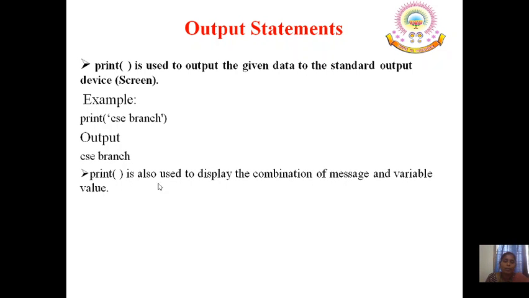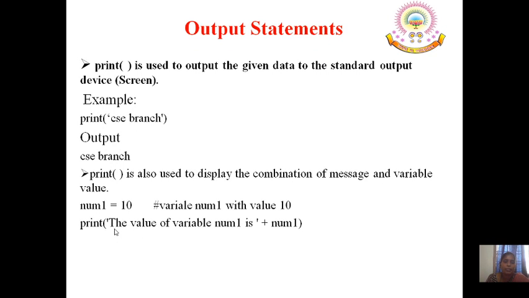And print is also used to display the combination of message and the variable value. So let us suppose num1 is a variable which is holding the value 10, and now you are printing the message: the value of the variable num1 is plus num1. If you recollect, in C language we also wrote messages like this: printf, the value of the variable num1 is, in quotation, and comma num1 we used to write.